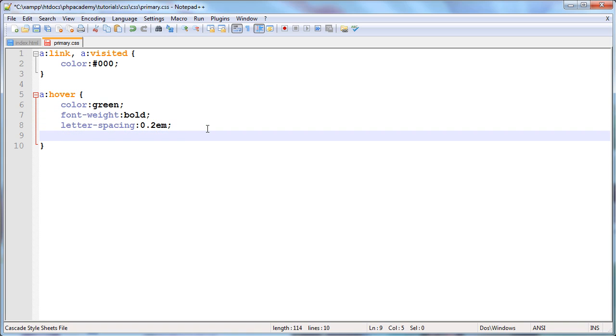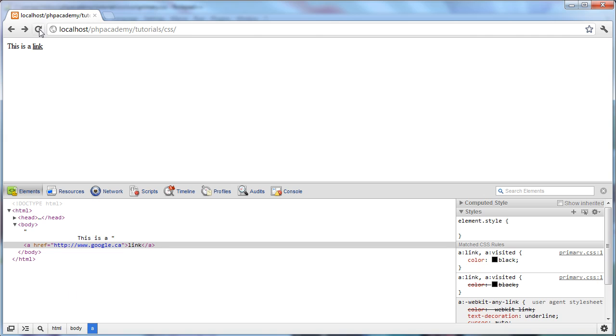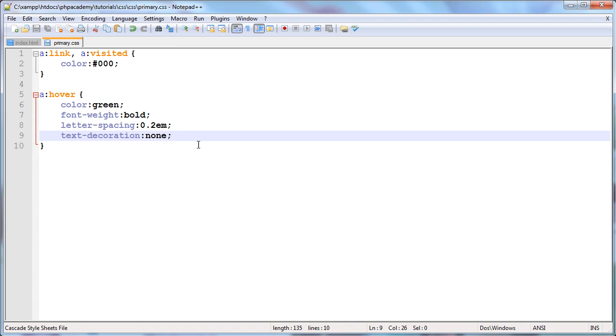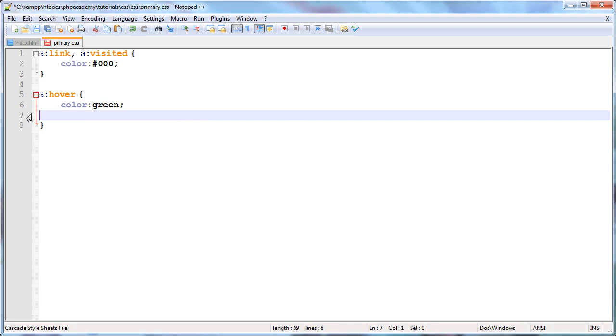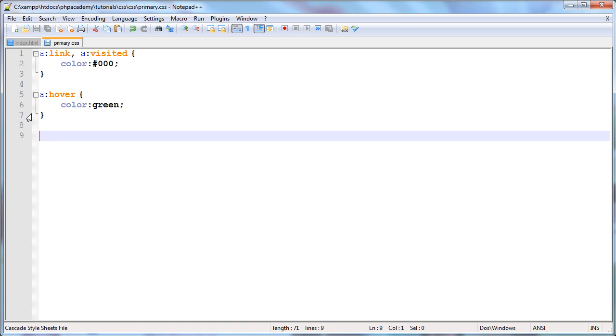We can take the decoration off. Text decoration none. Let's go ahead and refresh. Okay, because you can see that the underline is removed. So I could play around with this all day. I'm not going to, because we're going to waste time and you're going to be bored. So I'm going to stick with my hover color green, and I'm going to show you the last pseudo element,